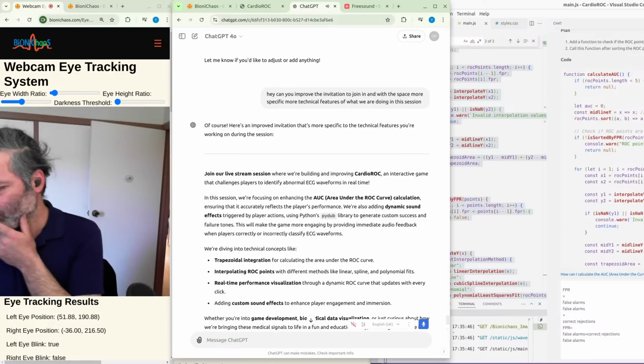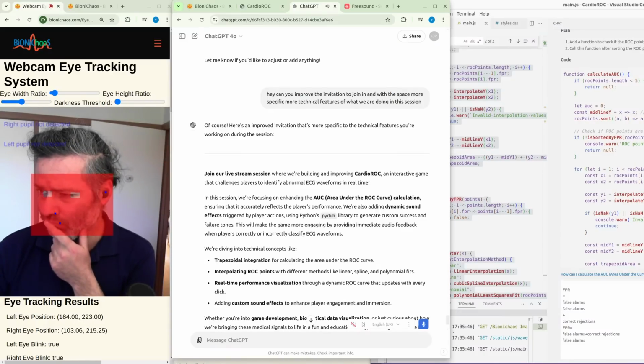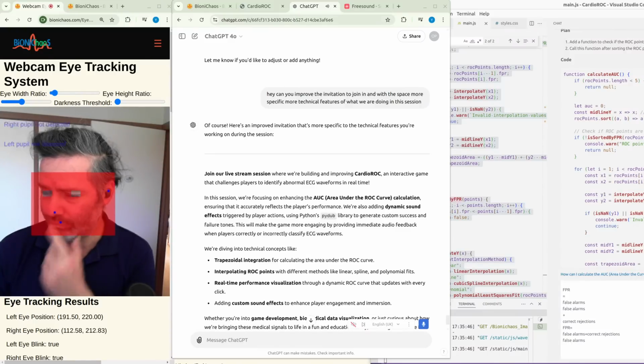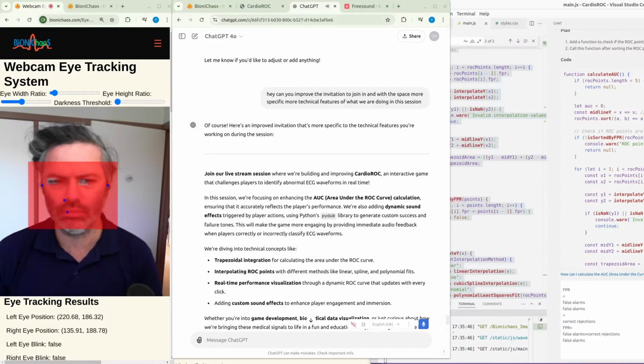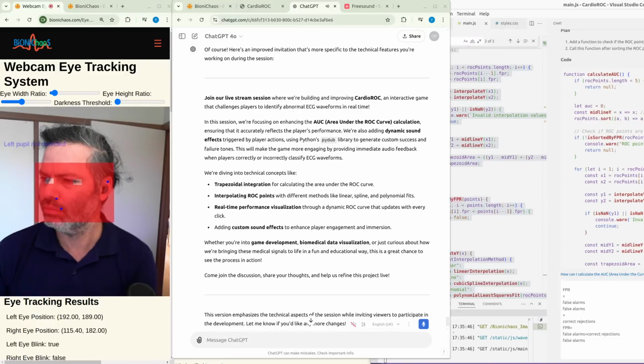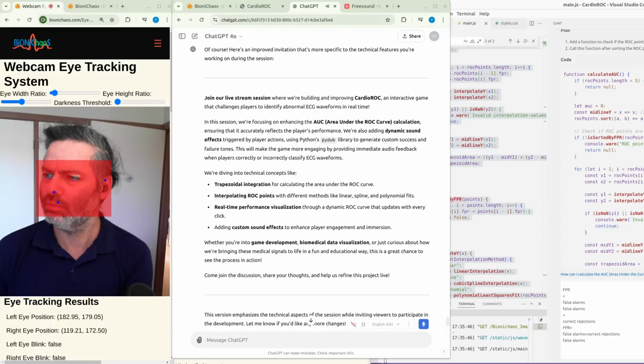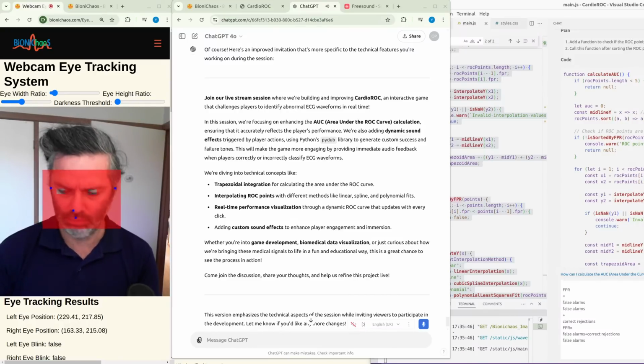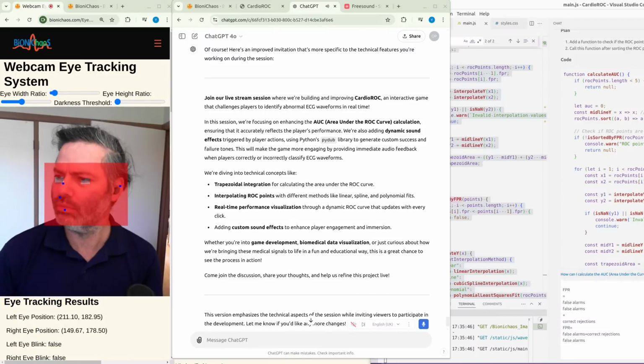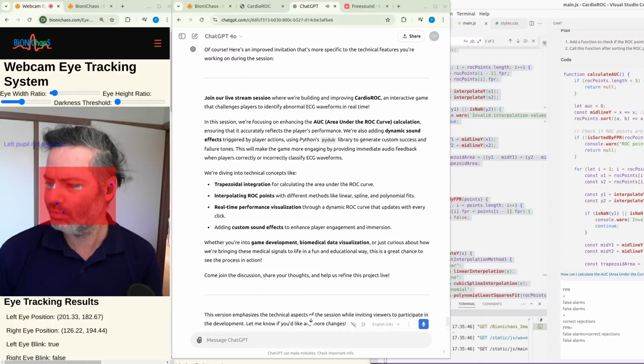Of course, here's an improved invitation that's more specific to the technical features you're working on during the session. Join our live stream session where we're building and improving Cardio ROC, an interactive game that challenges players to identify abnormal ECG waveforms in real time. In this session, we're focusing on enhancing the AUC, area under the ROC curve calculation, ensuring that it accurately reflects the player's performance. We're also adding dynamic sound effects triggered by player actions using Python's PyDub library to generate custom success and failure tones. This will make the game more engaging by providing immediate audio feedback when players correctly or